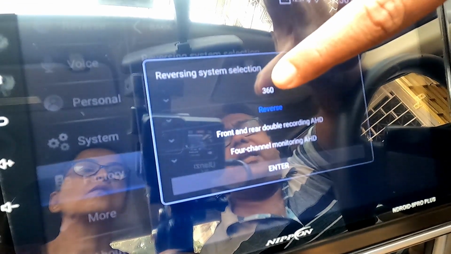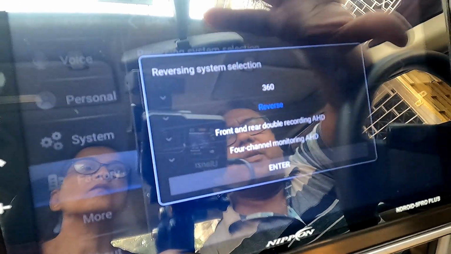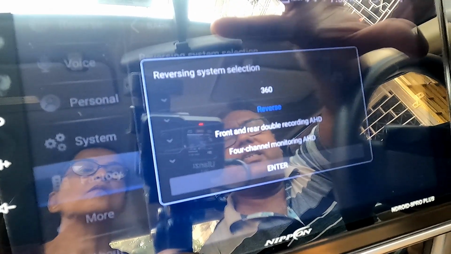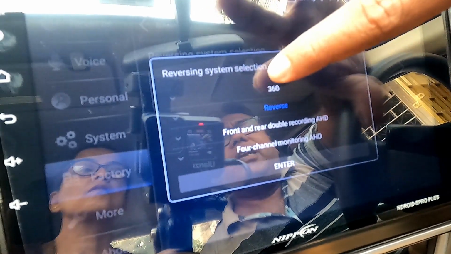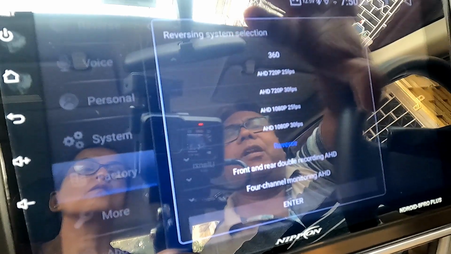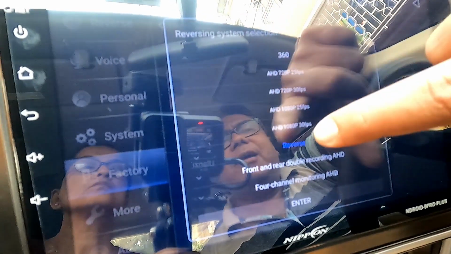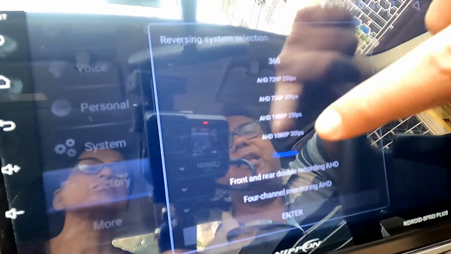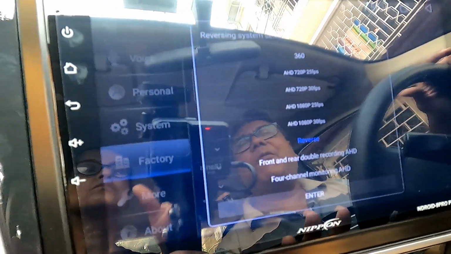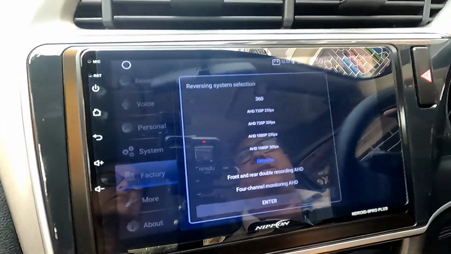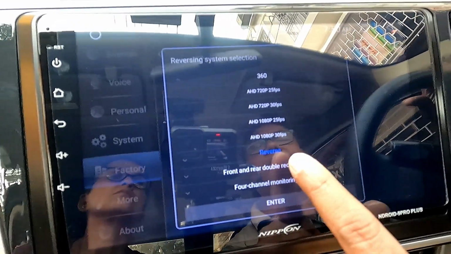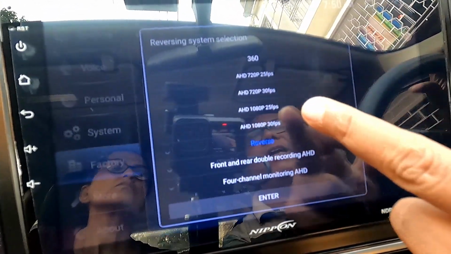Suppose in my system this particular head unit supports a 360-degree camera. So it was originally in 360 mode, and there are different types of settings. I have chosen the reverse setting, since I have only one camera. So if you have only one camera, you should select reverse, and here you will find different